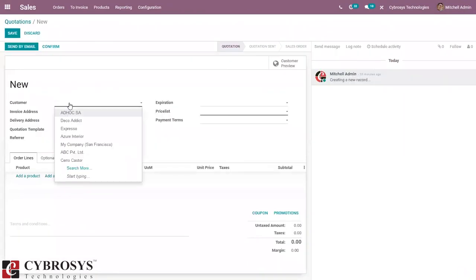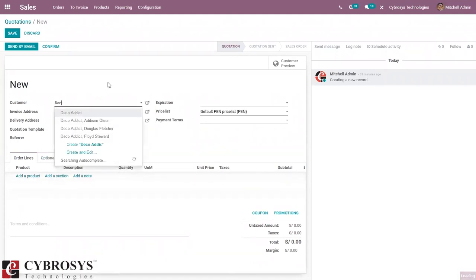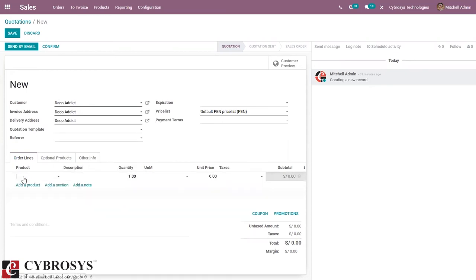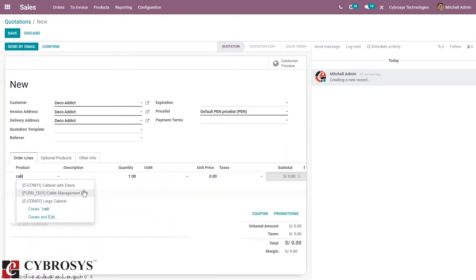Okay, so here we can select our customer. And add a product here, selecting my cable management box.